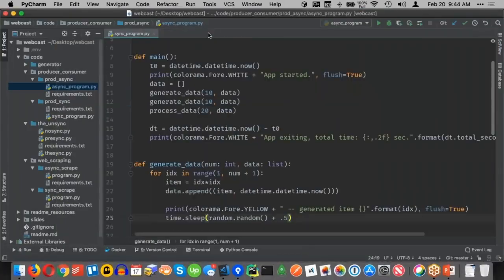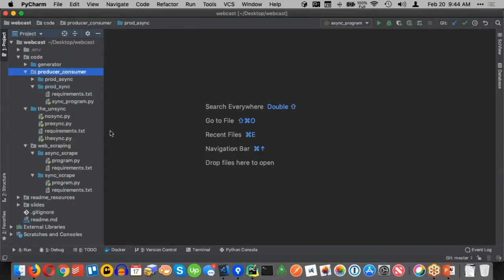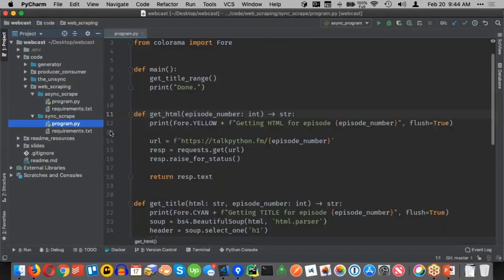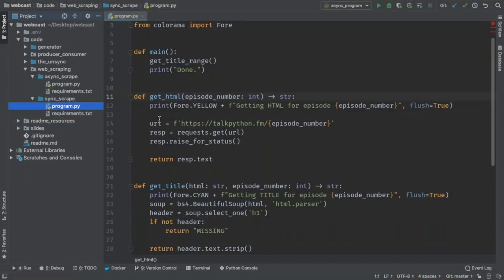So let's put this away. Put these away. Now let's not look at that. That's exciting, but not it. I want to look at this other thing. I want to look at talking to a website here. Of course, we're going to use Colorama because Colorama is great. And we're going to go to some random website called talkpython.fm. If you put the episode number as just the URL, it will find its way over to that episode.